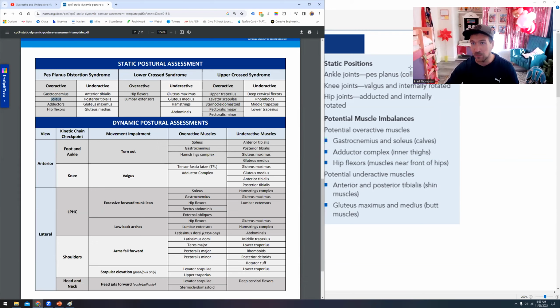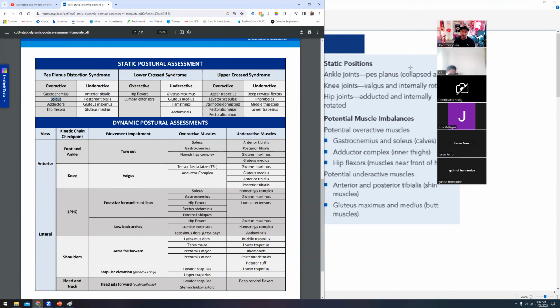Now, they are taking a basic approach to this, like we just saw in the video, guys. It's not in general your gastrocnemius and soleus. It really is sort of putting emphasis here on the lateral gastrocnemius and the soleus. There's an argument to be made that the medial gastrocnemius is actually underactive, right? Because those two muscles do work opposite each other in that transverse plane. You look at your gastrocnemius muscle,